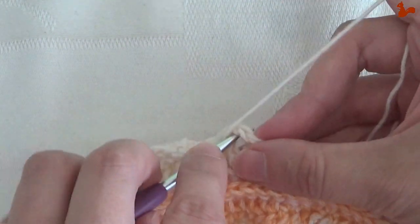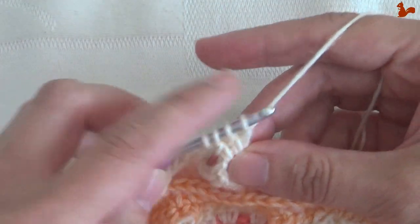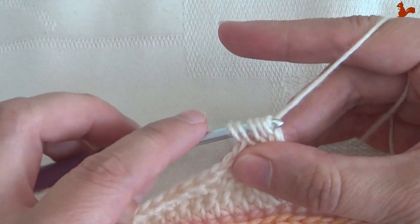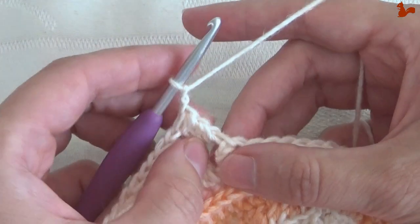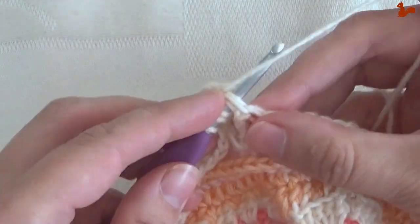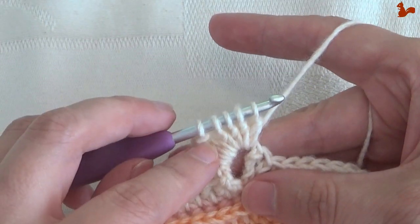Yarn over, in this space work 4 treble bobbles, so that's 1, 2, 3, just need more yarn, 3, 4, and I have 5 loops on my hook. Take them all off. Chain 2, and make some room here because you've got to make 2 more of these treble bobbles, so really make some room there. That's 1, so again 4 of these legs, 2, 3, 4, and take them all off,